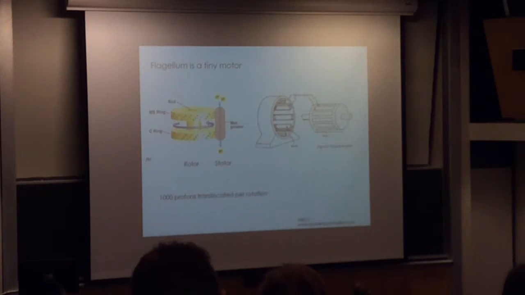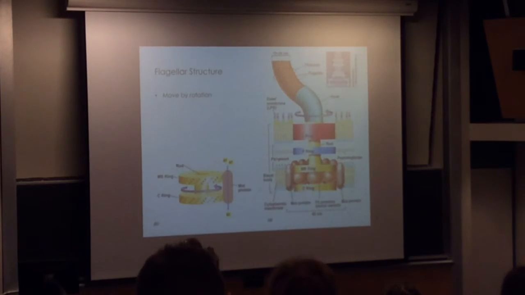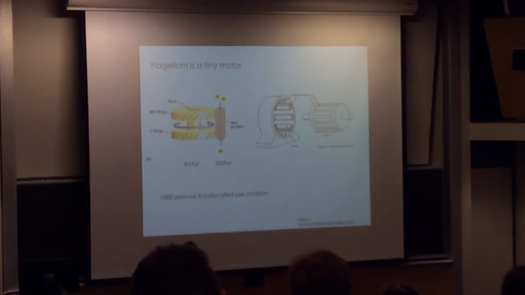So there is a stator, which is all the MOD proteins that are seen around here. In the cross section, there are going to be MOD proteins in front here also. Okay? So the basal body is covered by MOD proteins, and they pump protons from outside of the cell wall to the inside. This gives the energy for the flagella itself to turn. So the MOD proteins, like a stator, give the energy needed for the flagella to turn.